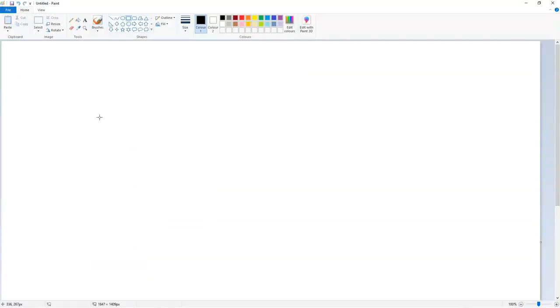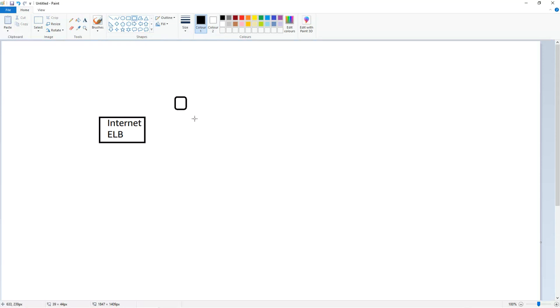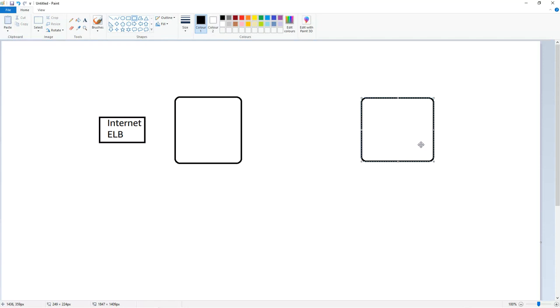Let me have an internet facing load balancer. So this is my internet ELB. I would be then putting my machines at the back end of it, and that may be talking to other services.